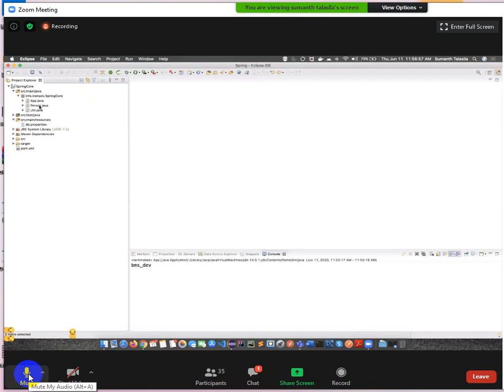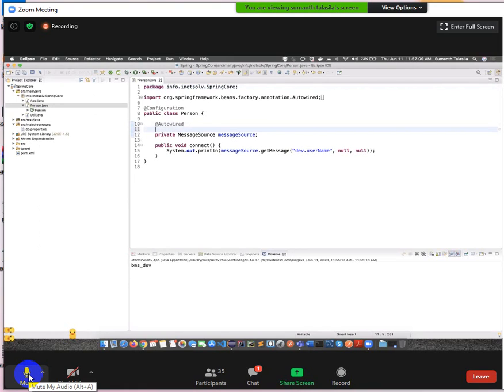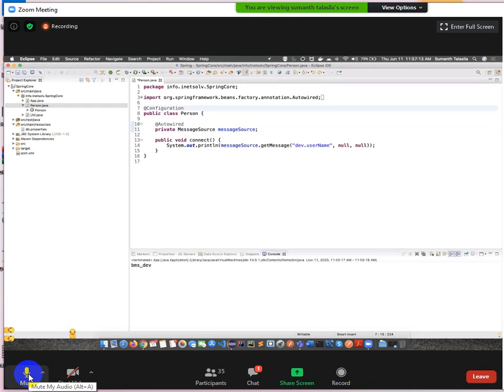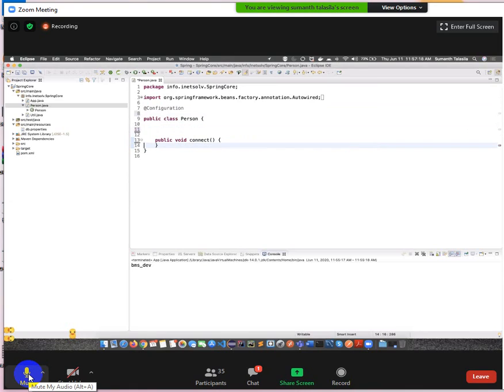So what I am going to do is, whichever class you want to read, go to that particular class. There are some annotations available for reading the contents from a property file. Not here, at the class level. You can remove this also, we don't want it. There are some annotations available on top of the class. Can you guys find those class annotations? At, Control Space.